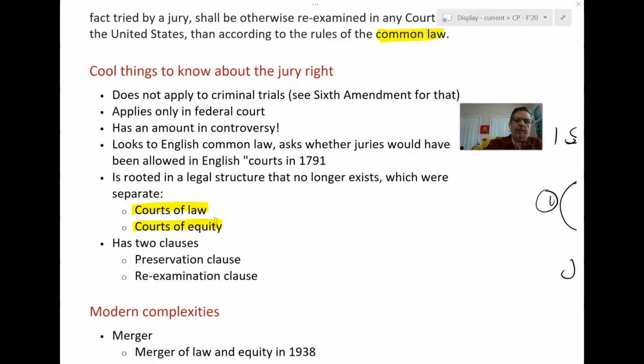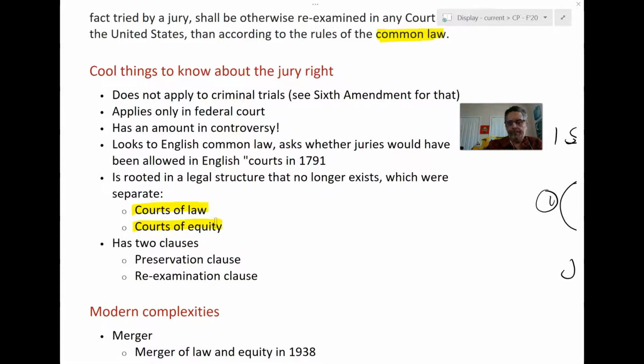The typical remedy in a court of law, typically, was money, right? You proved a violation of some writ. You were entitled to recompense for your damages, which meant you would typically get money. Well, there was a parallel system in England, which existed in the United States for many years as well, which